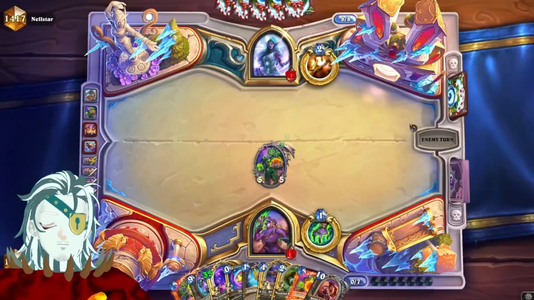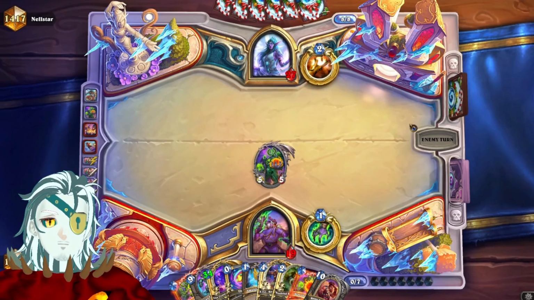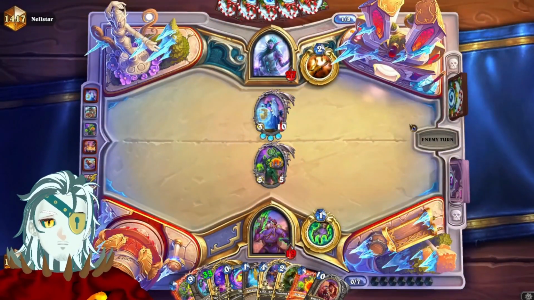Now, know what we... well, you know what? That's actually kind of interesting. Our hand actually isn't bad for, like, a duplication if we really need to. I do wish we had enough mana to, you know, use the Reno really quickly, but...